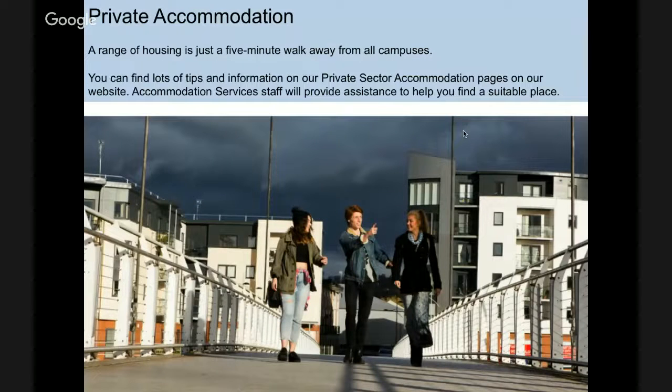So private accommodation. It does tend to be a little bit cheaper than living on campus. If you think that accommodation on campus can range between, let's say, £79 to £165 a week, it will probably be about £50 a week or a little bit more to live in private accommodation. But as I said earlier, the quality of private accommodation does vary, so you really do need to look at the accommodation before you book anything. However, the private accommodation is usually very, very close to our campus. And we also have a letting agency on the campus to help you find accommodation if you are thinking private accommodation is the way forward for you.